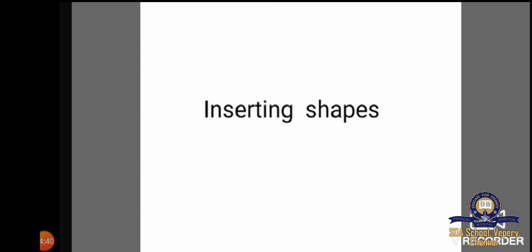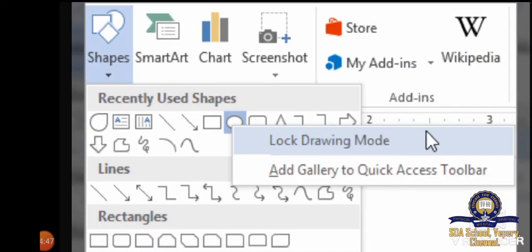To insert shapes, click on the Insert tab and select the Shapes button from the Illustrations group. A list of shapes will appear. Then choose the required shape and click and drag on the worksheet, and the selected shape gets inserted on the worksheet, whichever shape you want.